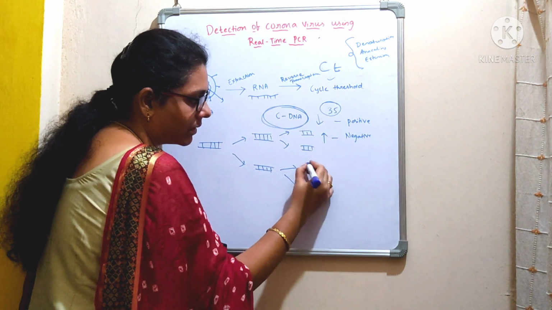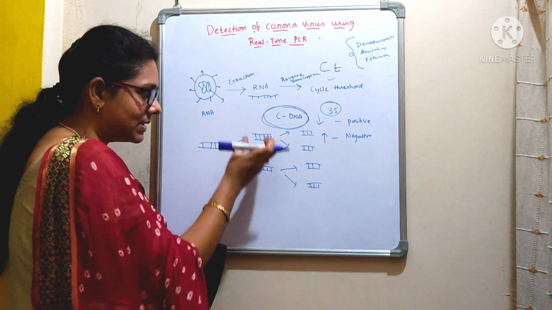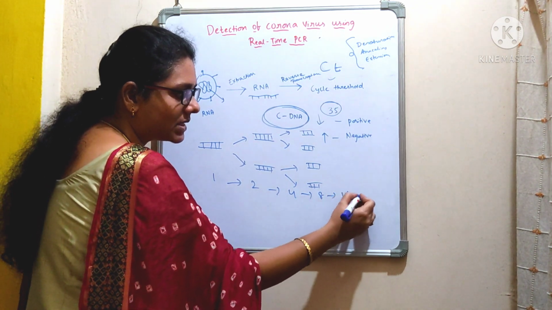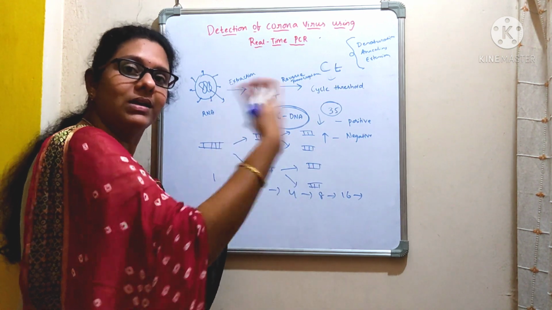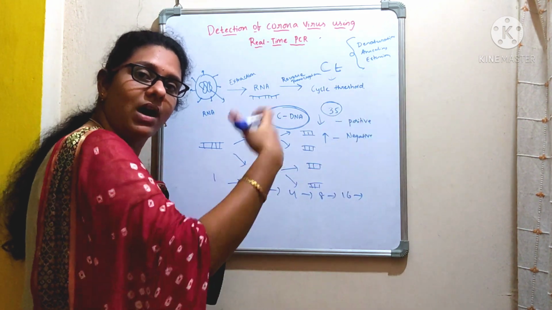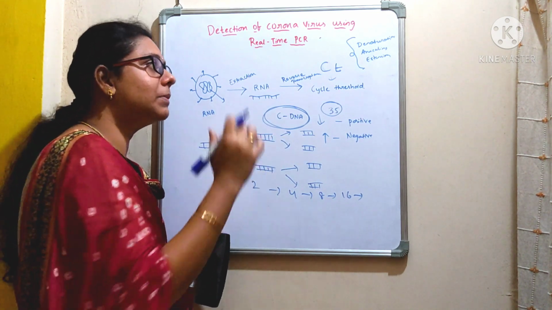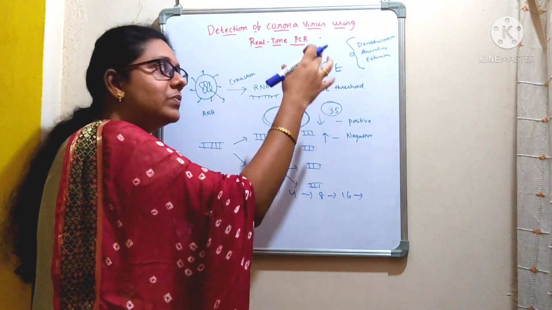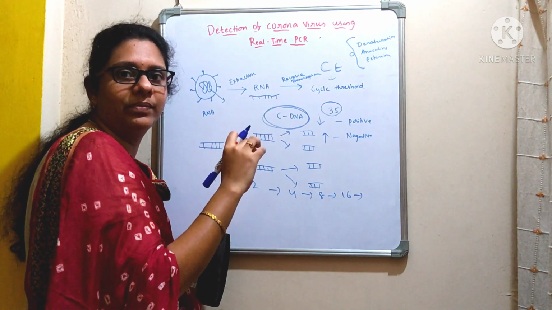Here again the same. So if you observe each cycle, at the end of the first cycle, the DNA is doubled. So 1 will be 2, 2 will be 4, 4 will be 8, 8 will be 16, and so on. Here we are amplifying the gene. We are going to increase the copy number of the gene. At the end of some 30 to 40 cycles, we are going to get millions and billions of copies of that particular gene. The concept of PCR is that we amplify the gene, and this PCR is based on DNA only, not RNA. We can't amplify RNA, right?